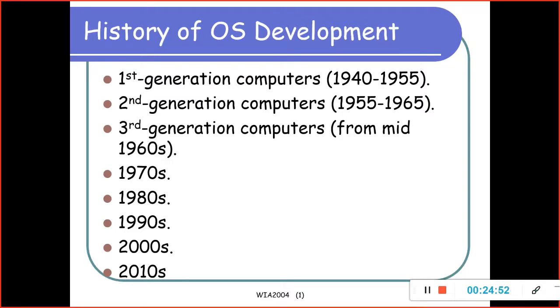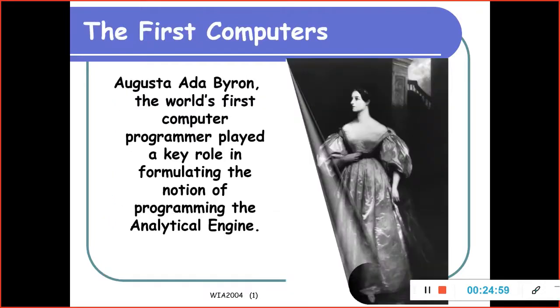Okay, this is what we call OS development. An OS is software, and software controls all the hardware of the machine. So the first computers were basically